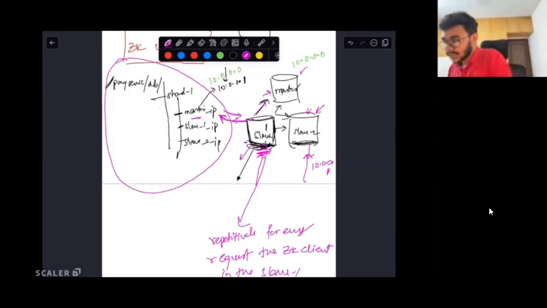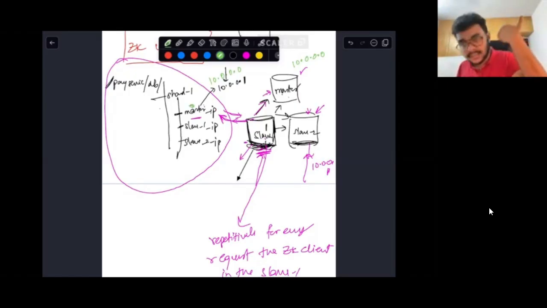What if, let's reverse this problem. Let's say that the slave was actually requesting for this IP every time. Why was it requesting? Because the IP may have changed. Let's change the game a little bit. Let's make the architecture in such a way that whenever this IP address changes, the Zookeeper manager broadcasts this request to all the Zookeeper clients. Does this point make sense to you guys?